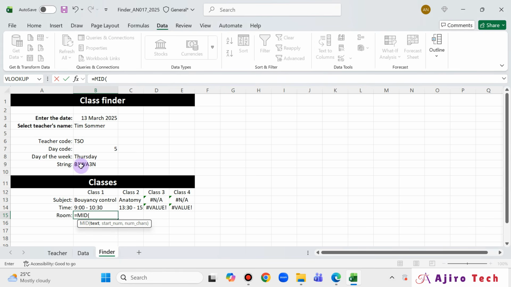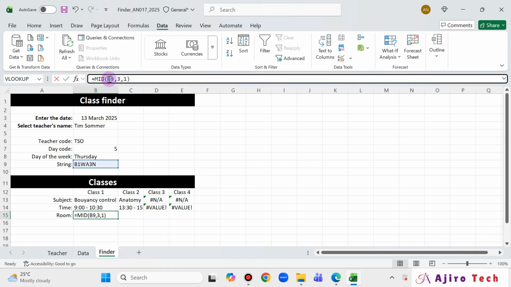So we'll just use a normal MID for it to find the room. MID here. What's the room? This one. What's the start one? The room is the third one, right? And then I'm returning 1. So that's the room. Can you see that? That's the room. And again, I'm going to make this absolute with Fn F4, so that when I'm replicating,